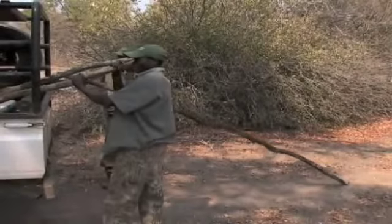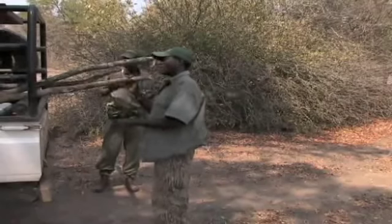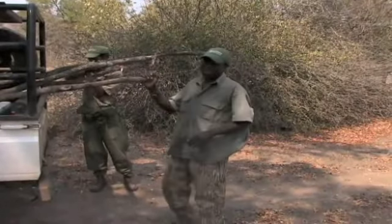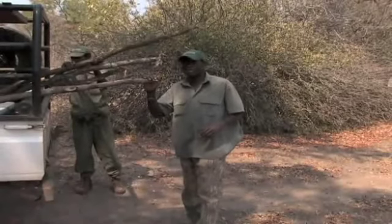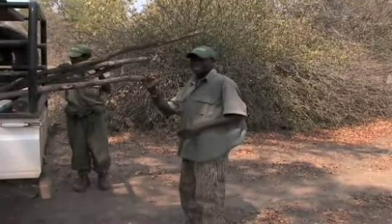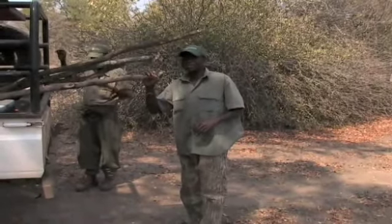We are having this pose to go and build the blind. We have chosen Mopani logs because this is the type of log we use for building at home. So we find it nice that you need to go and build just a good house for him to kill his